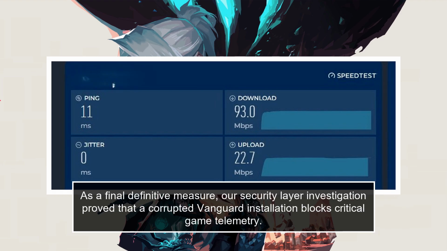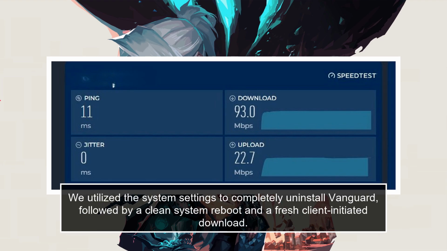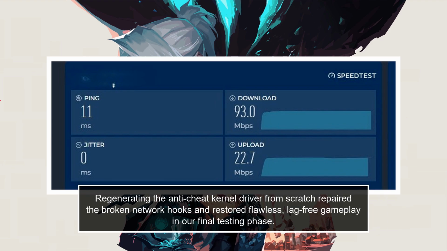data. As a final definitive measure, our security layer investigation proved that a corrupted Vanguard installation blocks critical game telemetry. We utilized the system settings to completely uninstall Vanguard, followed by a clean system reboot and a fresh client-initiated download. Regenerating the anti-cheat kernel driver from scratch repaired the broken network hooks and restored flawless, lag-free gameplay in our final